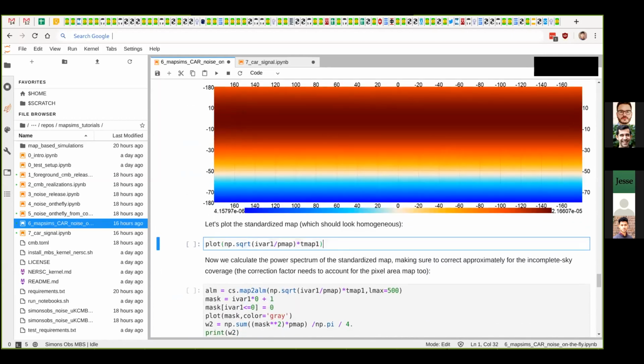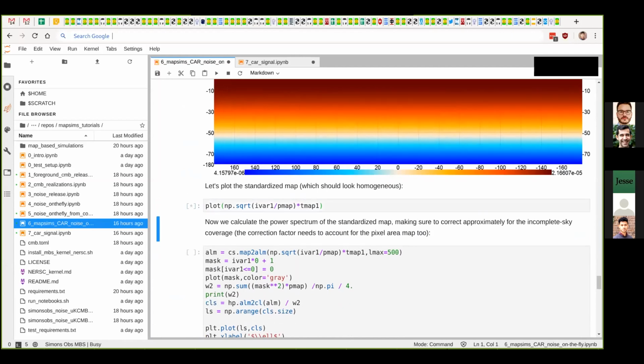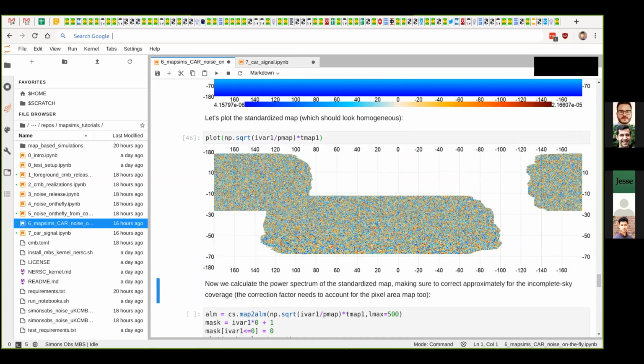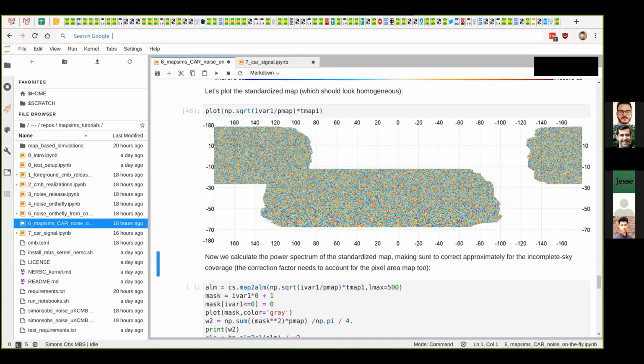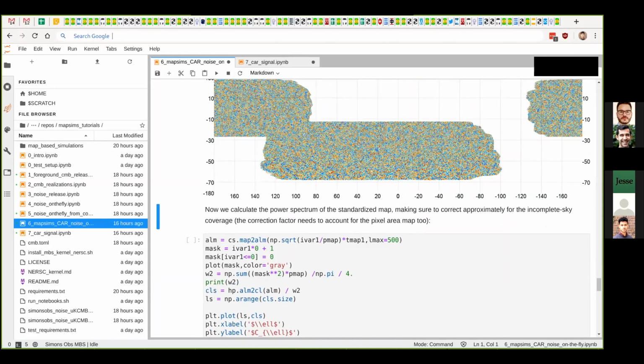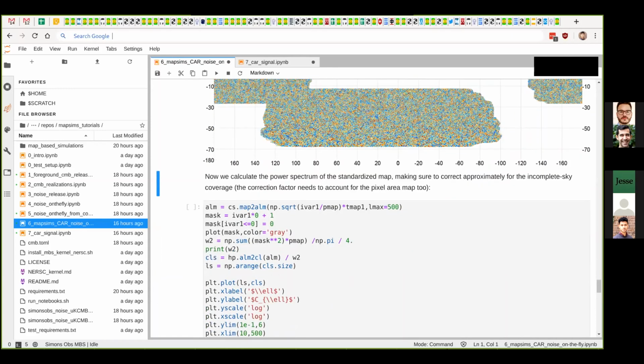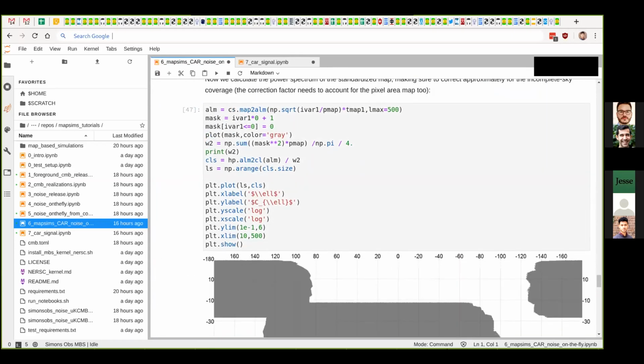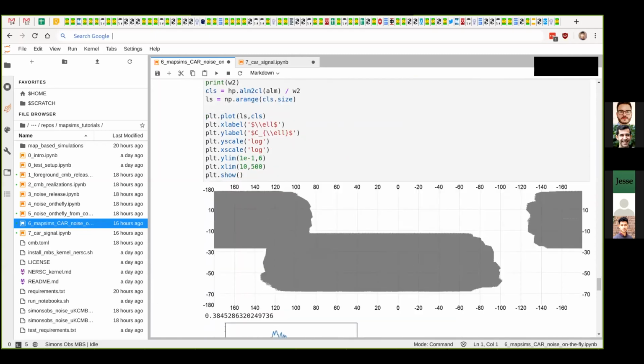Okay, so let's take the product that accounts for this pixel area difference along with the square root of the inverse noise variance. When you multiply that product, you end up seeing that the map is not homogeneous, and that's because that's the way the noise model is actually constructed. You're essentially making a Gaussian random field and then scaling it by the inverse noise variance. So if I take the power spectrum of this map, which I'll do here, and account for a mask factor, which I won't go into right now, that just corrects for the fact that some parts of the maps are 0,